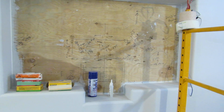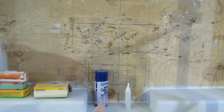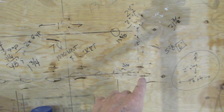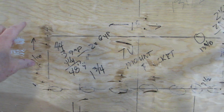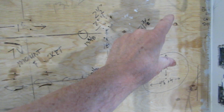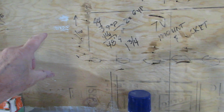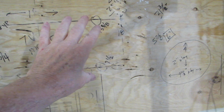Here again, this is a bedroom, and this is a get focused here. This is where a TV is going to be inset, and the cable box goes down below here. And here we put the TV mount in place. We knew where it was going. This is 3/4 inch plywood, but also in back of the plywood we've got 2 pieces of 2x6 here running horizontally where the bolts are going to go, and we put a few screws and some PL premium. So when we mount